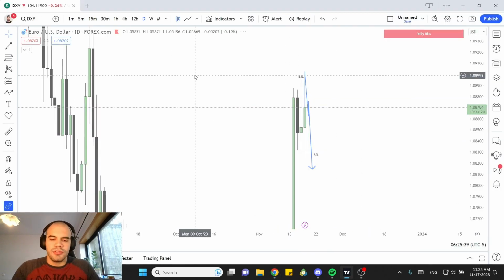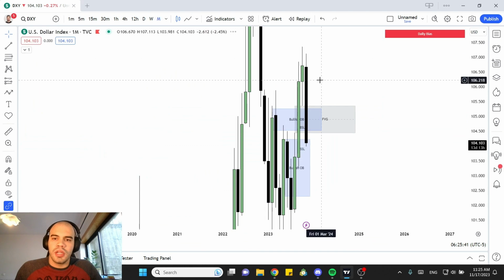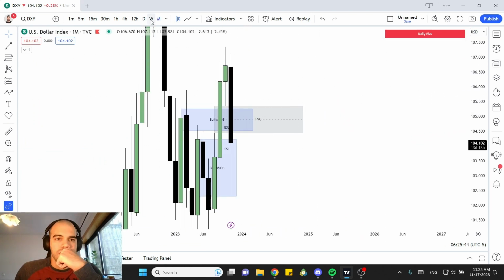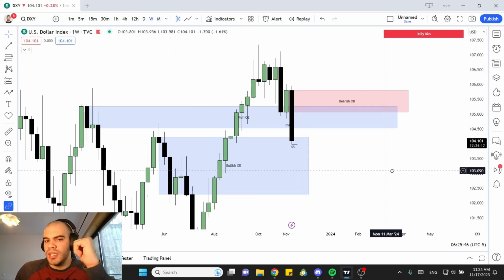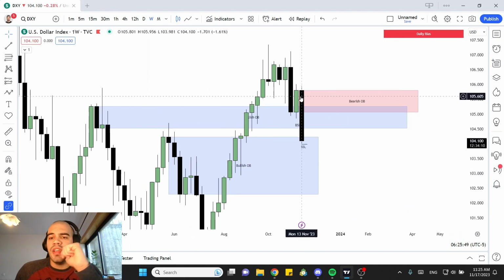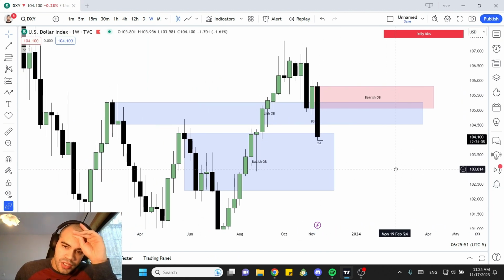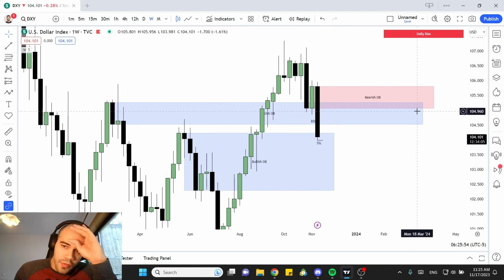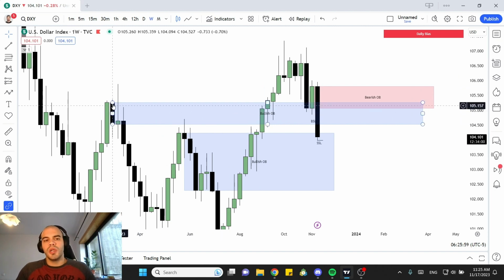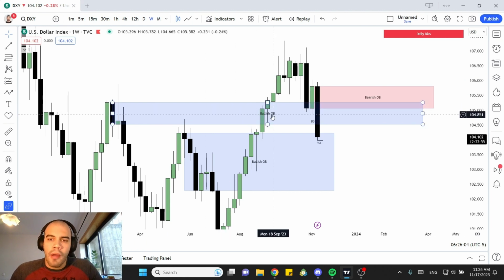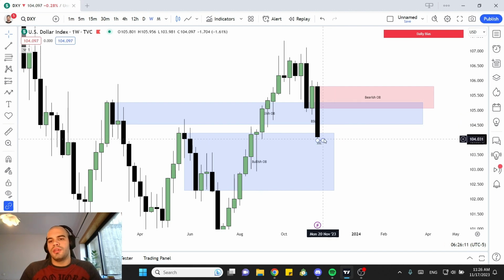On TradingView, let's go to DXY first, of course. We've been having a very bearish week. The thing about this week is that we just tapped into this bullish order block and we just pierced through this other bullish order block, which makes this a breaker block. I would like to see this week closing inside of this weekly bullish order block and just tapping this other, lower bullish order block.